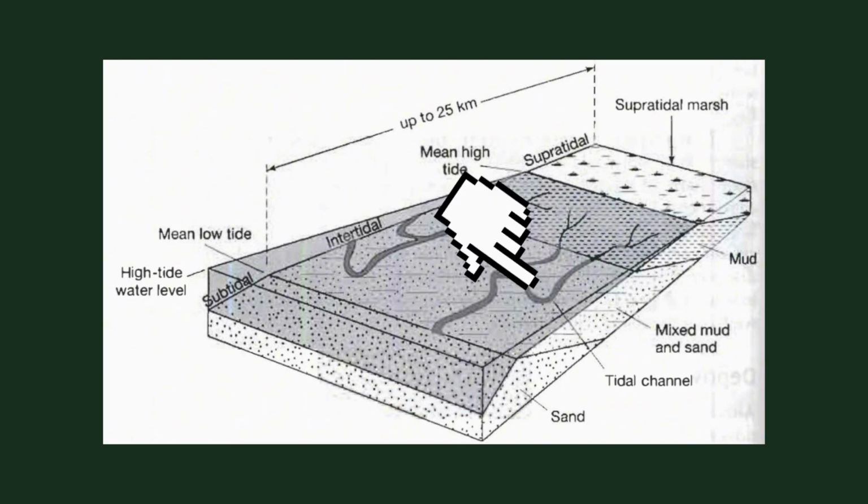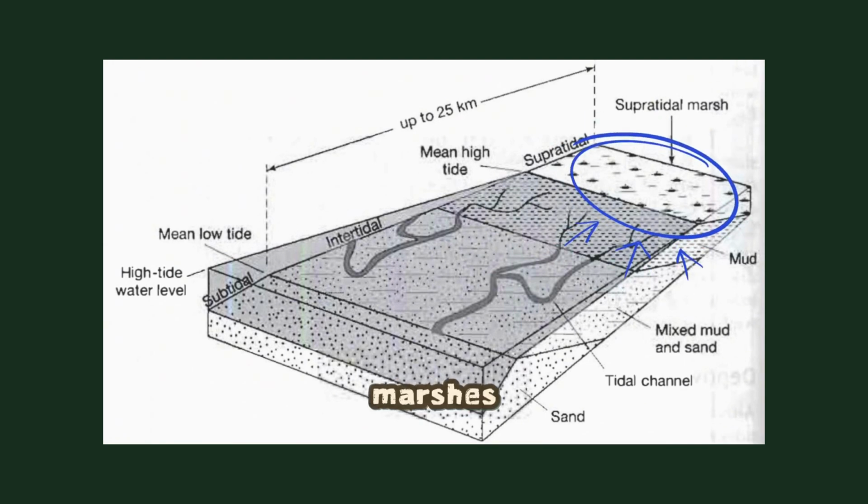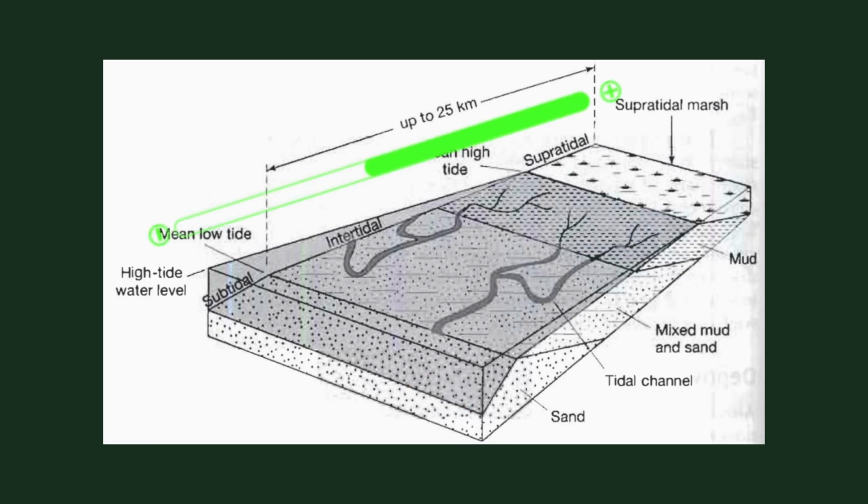Aside from that, tidal channels or the small water paths are filled with sand. Muddy marshes are found above the high tide water level in the supratidal zone. The tidal flat can stretch up to 25 km from the shore. In short, this figure shows us that the mud is on top near the marsh, mixed mud and sand are in the middle, and sand is near and under the water channels, showing how sediments change with distance and water